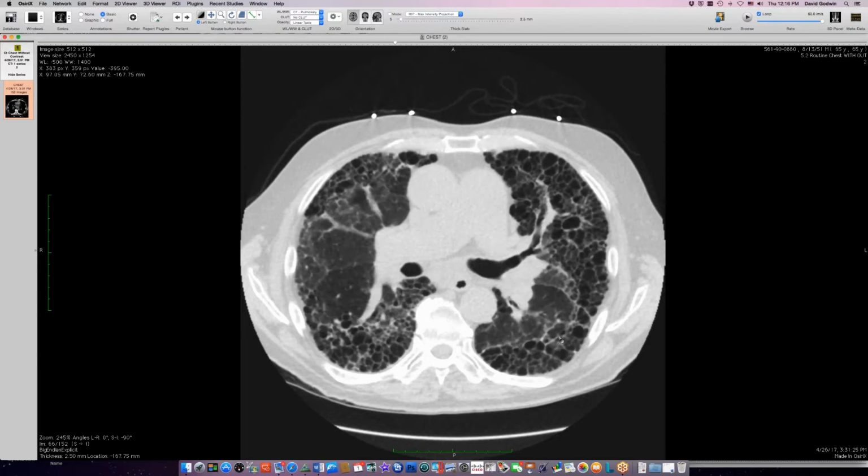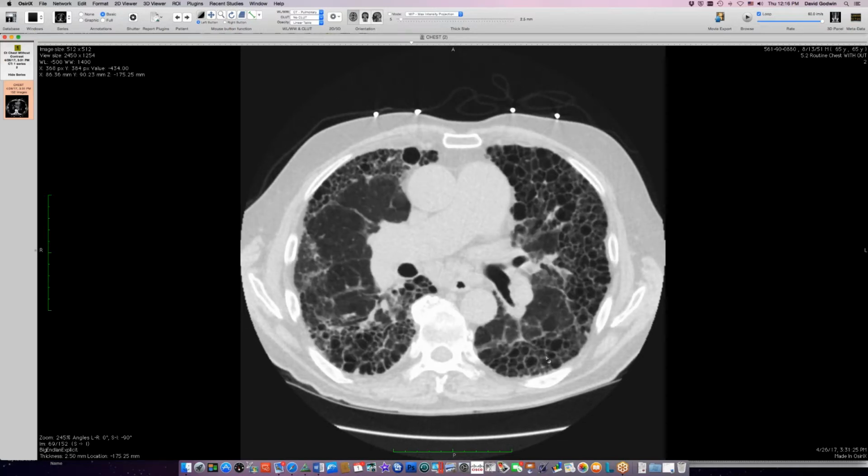So it doesn't look like an ordinary UIP because we're not seeing a lot of reticulation. We're just seeing these holes in the lung for the most part. So I was a little stymied by the radiographic appearance here. The other thing is that I've seen a similar pattern to this in people with